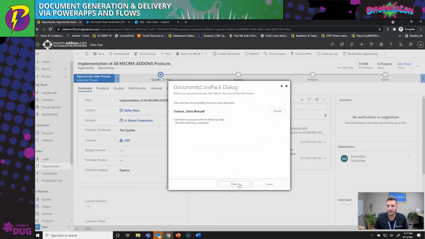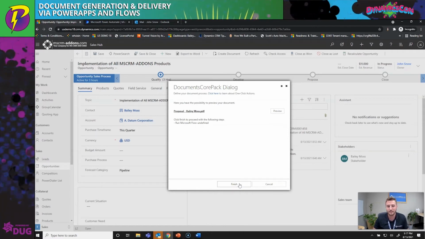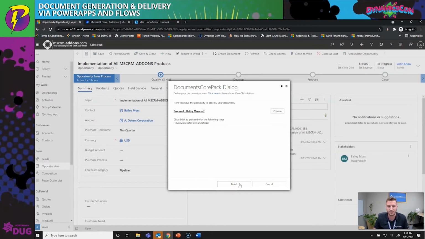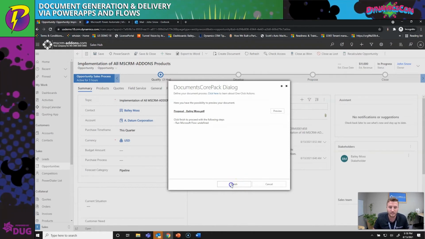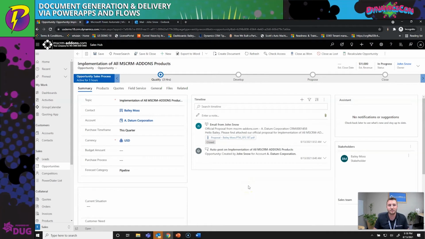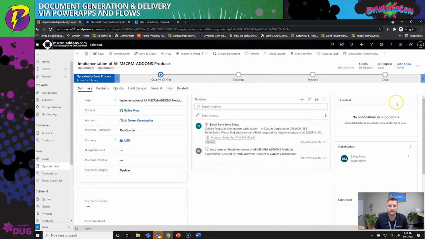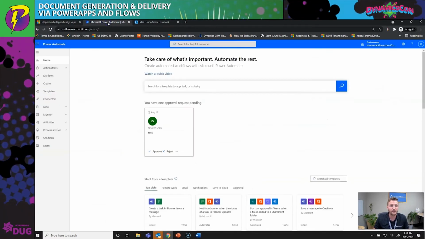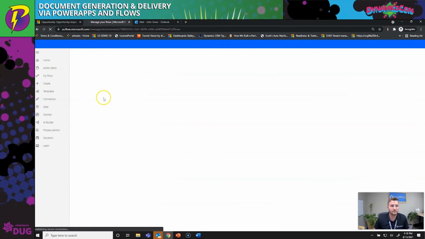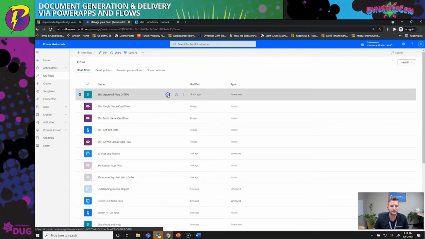Now, one thing about one-click actions, another feature that we've added is the ability to kick off flows or Power Automates. In this case, this one-click action actually kicks off an approval. So instead of sending it automatically, it checks. I'll hit finish, and it's actually initiating an instant cloud flow via HTTPS request. And what that's looking at is, I'll actually go to the flow to describe this. So if I go to my flows and the flow connected to that one-click action,